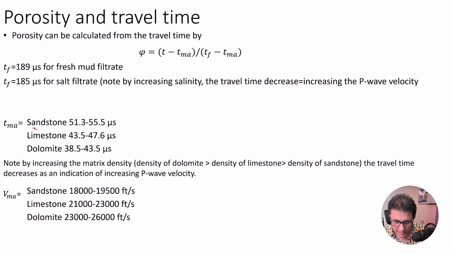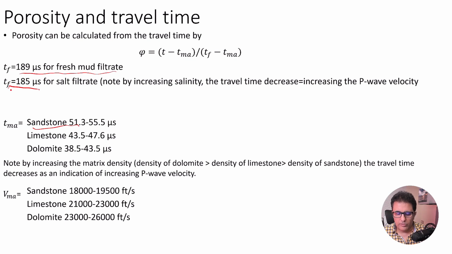For example, for sandstone, the travel time has a range from 51 to 55 microseconds per foot. For limestone, 43 to about 47, and so on. And for the fluid, if the mud filtrate is fresh water, TF will be 189, and if it is saline water, in that case we're going to have